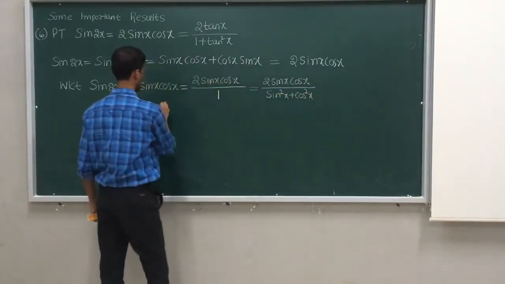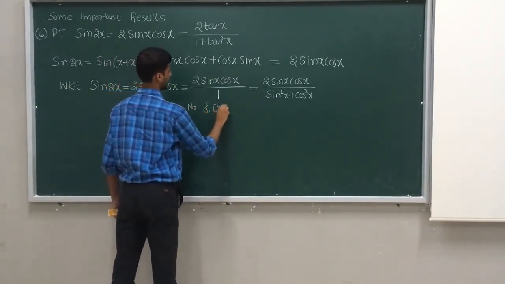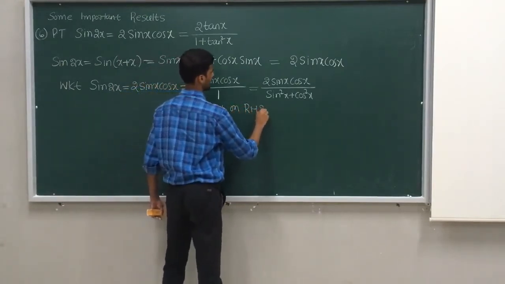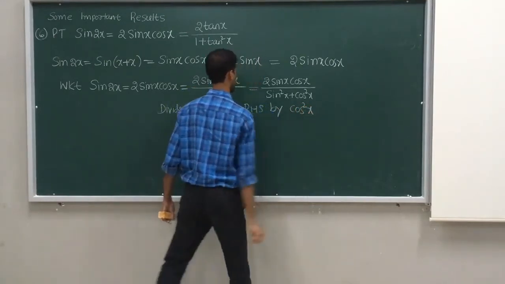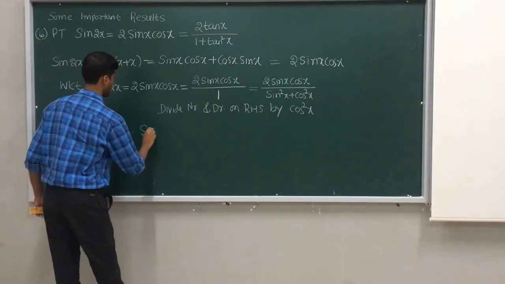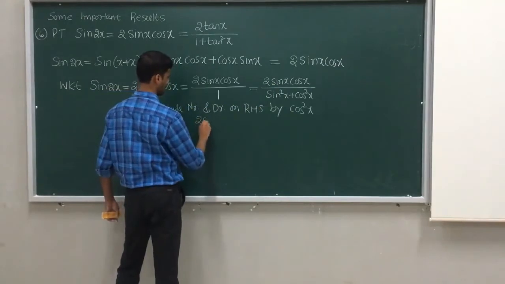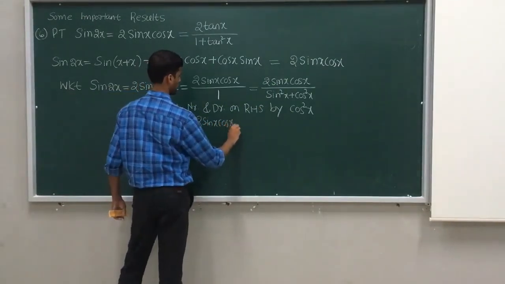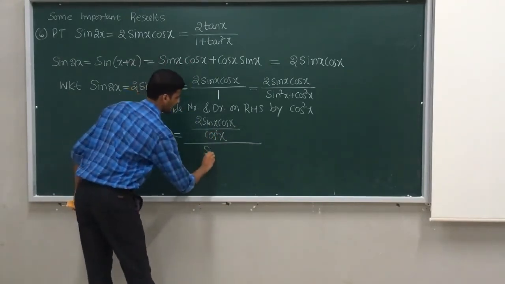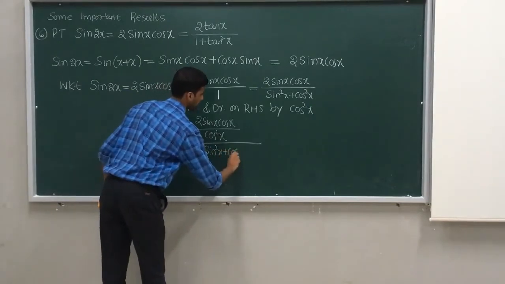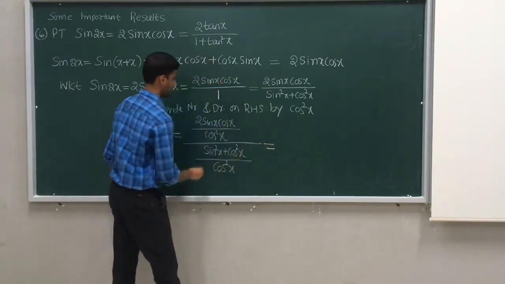Okay. Divide numerator and denominator on the RHS by cos square x. Therefore, sin 2x is equal to, when you divide the numerator, 2 sin x cos x upon cos square x, whole divided by sin square x plus cos square x upon cos square x, in which one cos x